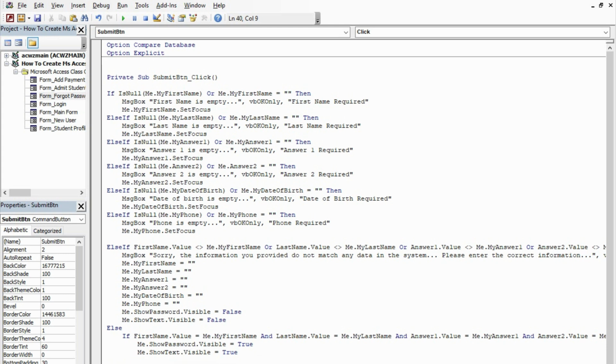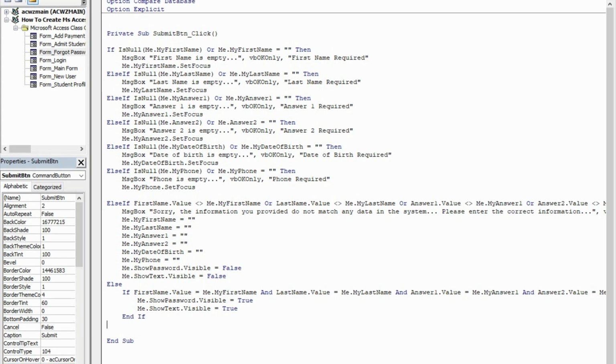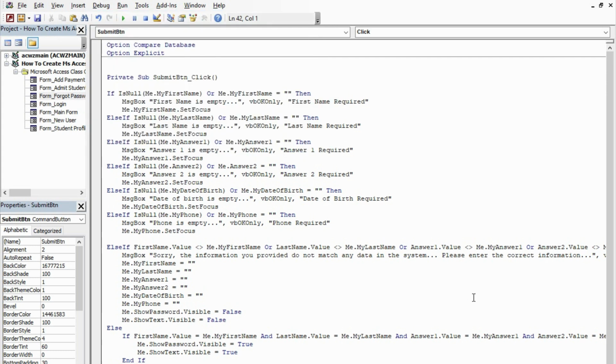True. So now when everything is in order like this, we can end our condition. So end if and end if. When you are done, just check to see if there's an error or not. No. So we save it and we close it,